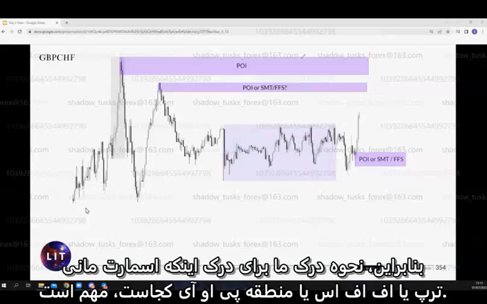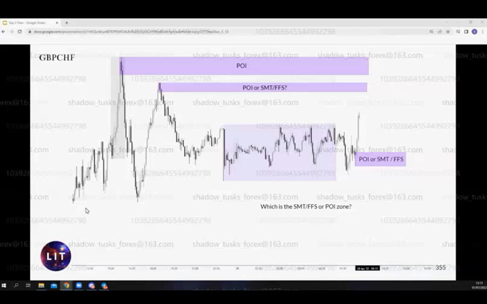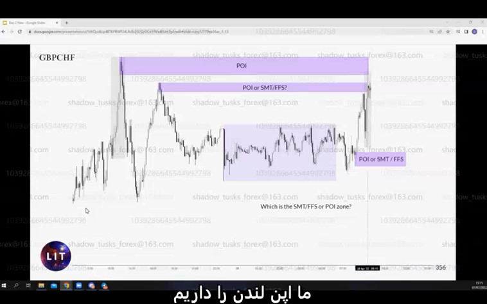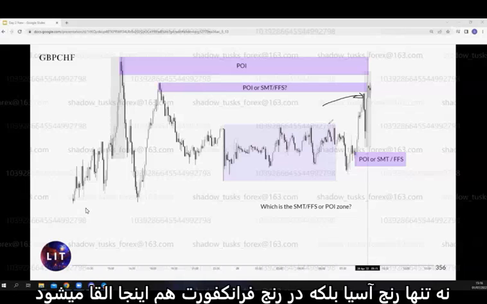So how we understand it, of course, is key: where is the smart money trap or FFS or POI zone? First, we have to ask ourselves that question. So essentially, what is the likely chance of what will happen, based on what you were taught? So we get, of course, London Open. What happens as we approach London Open? Price vectors out. Not only, of course, has the Asia range been induced in Frankfurt down here,